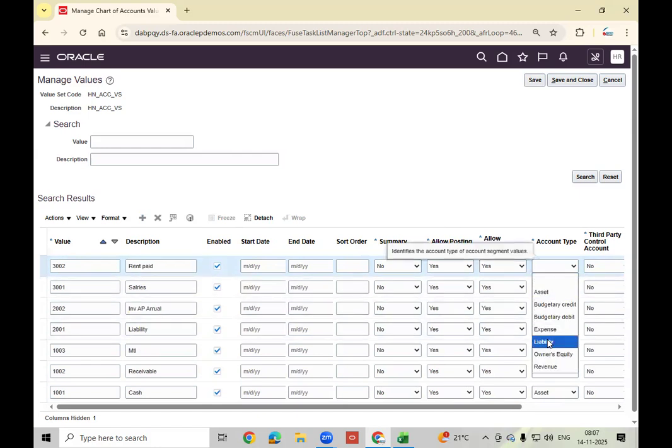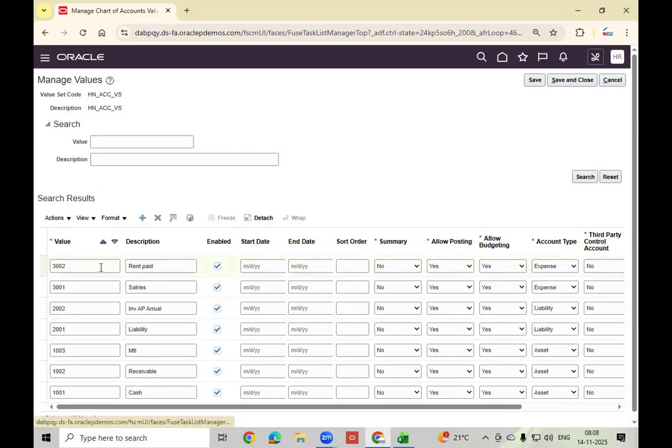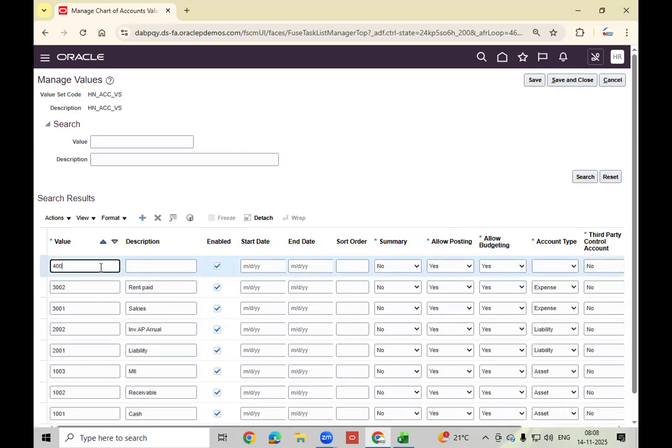It is expense. 4001, sales account. It is the revenue account. 4002, some investments. Return, sorry, investment is an asset. Returns on investments. That also is revenue, right?